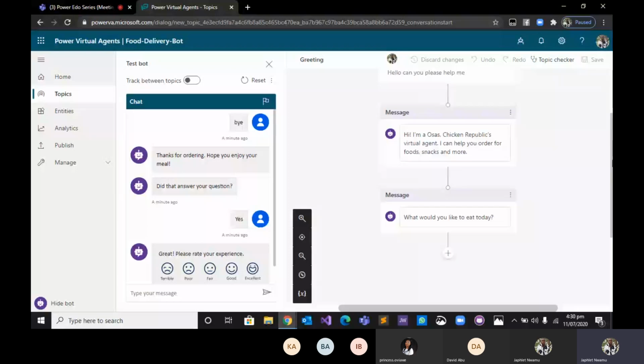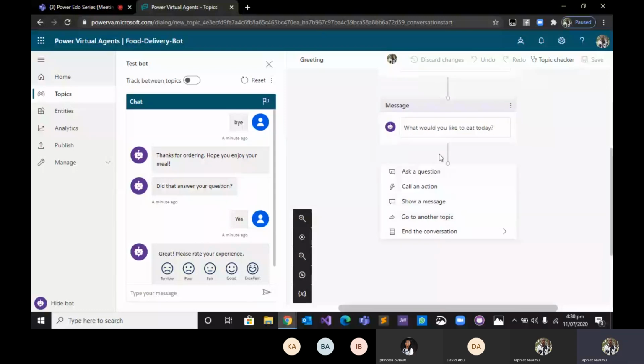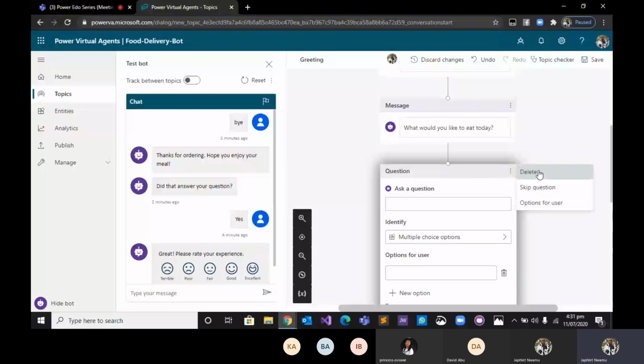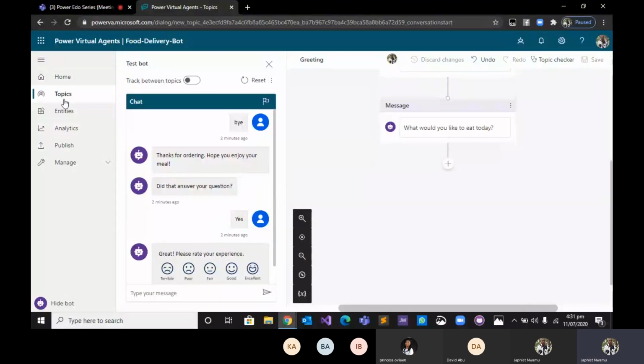So this is where the user inputs whatever he or she wants. Take note that if the user has inputted jollof rice here, take note of it.